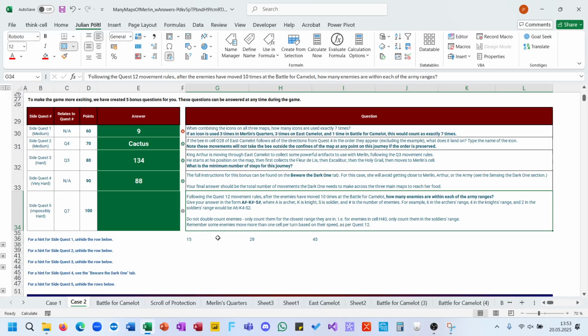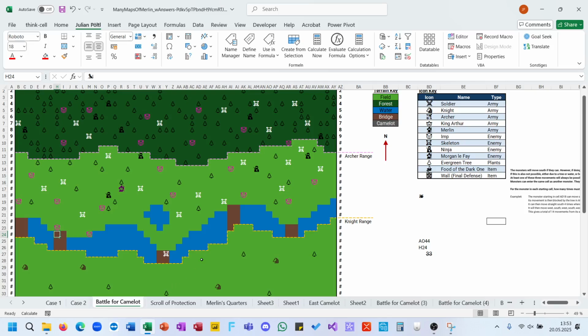Uh, 10 times. Oh boy, okay. So we basically say each of those enemies has walked or has moved 10 times. So like with the FMWC UK painting case. So each of those enemies is walking 10 steps